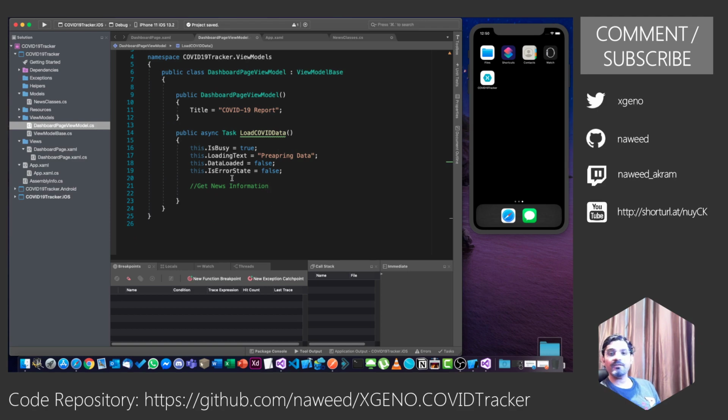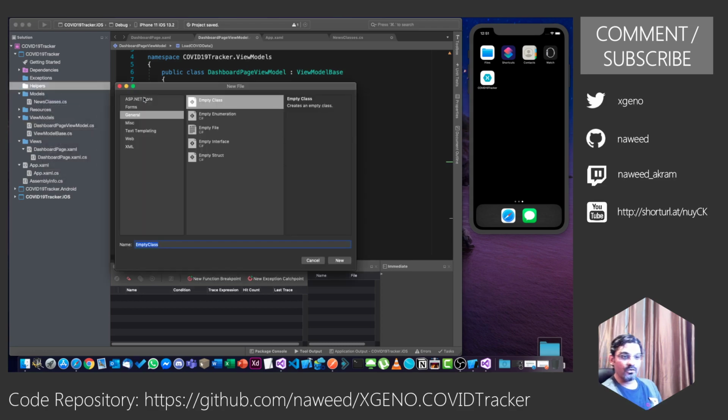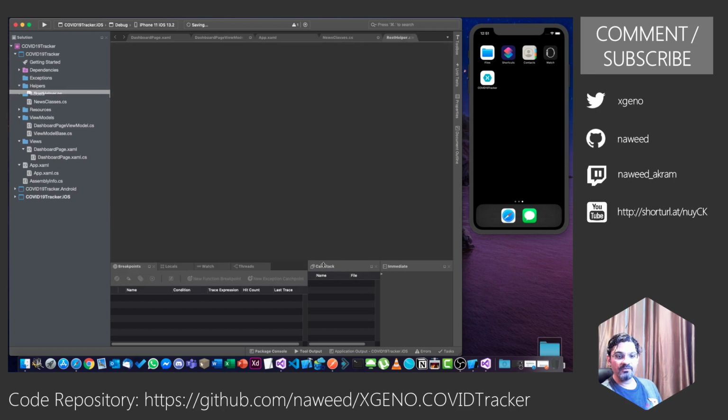This is a very, very repetitive task. As you will see, we'll be making multiple API calls, and also I'm pretty certain in your projects you will have to do that. It's not just one API call that you need to make. You have to fetch data from different sources in different formats. So I would rather create a helper which will allow me to do exactly that. So I will create a class. I'm just going to call it REST helper. I'll explain to you how this is going to be useful when we make use of it.